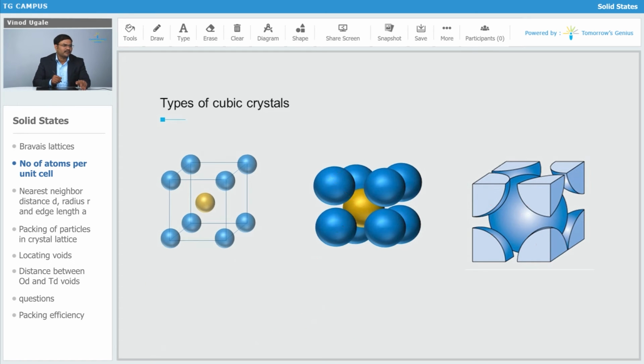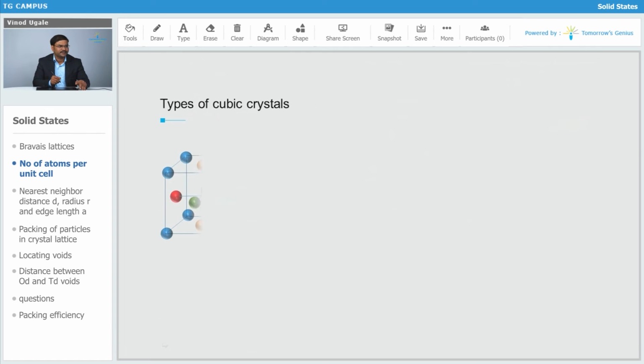Now let's go for the next one, that is the face centered unit cell. For each 2 opposite faces I have used a different color. This is the left one red, right one red, 2 opposite faces, orange above and below, and this green, you can see, they are front and back. So on each of the 6 faces we are going to have a constituent particle. Now we know about the corner particles, we are not going to talk about that. Let's calculate the total number of lattice points over here. At corners you have 8 and at faces you have 6. So total lattice points are going to be 14.